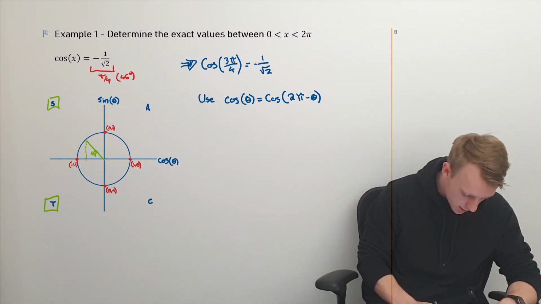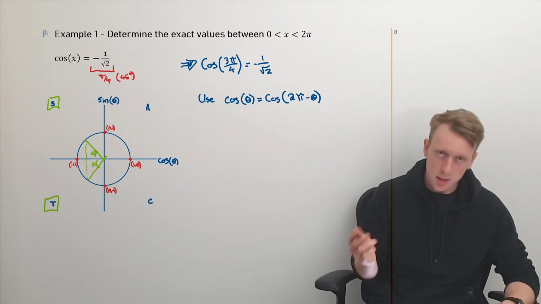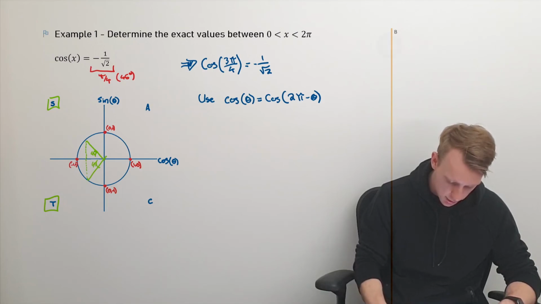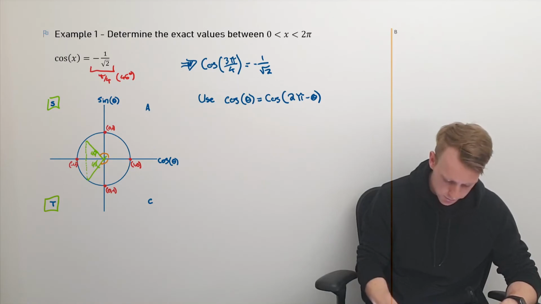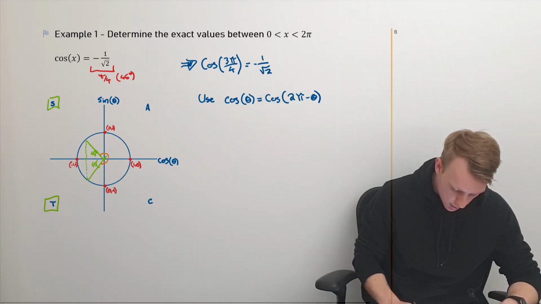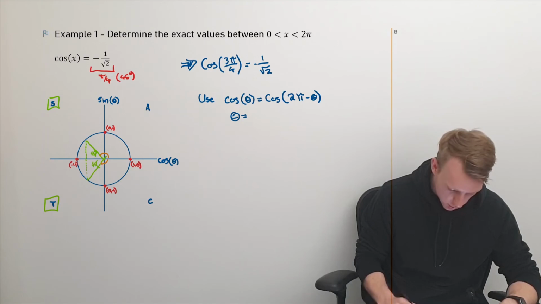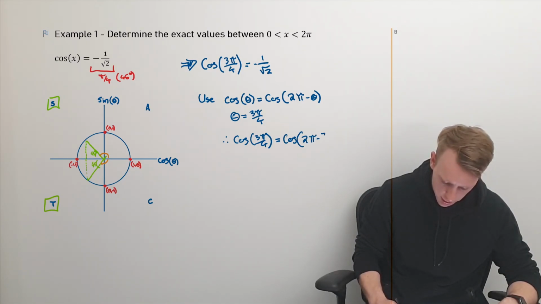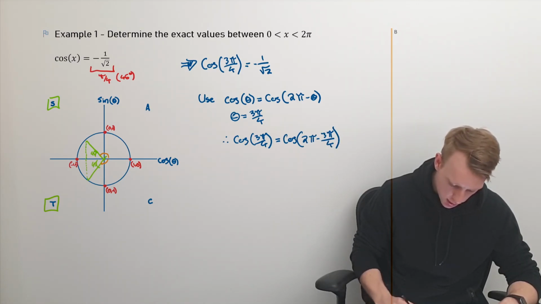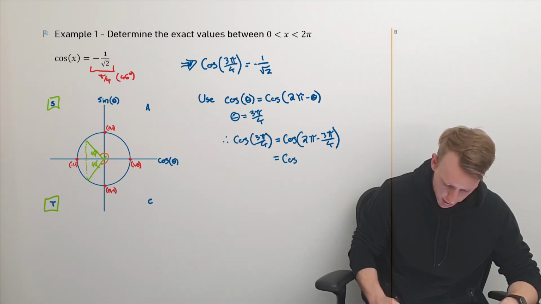I'm going to draw the identical triangle down here, 45 degrees there, and that's going to give me the exact value here. And so we can link this up, right? We go around some angle, we go back some angle. So here, we know that theta is equal to 3 pi on 4. Therefore, cos of 3 pi on 4 is equal to cos of 2 pi subtract 3 pi on 4, and that is going to be equal to, if we equate this,